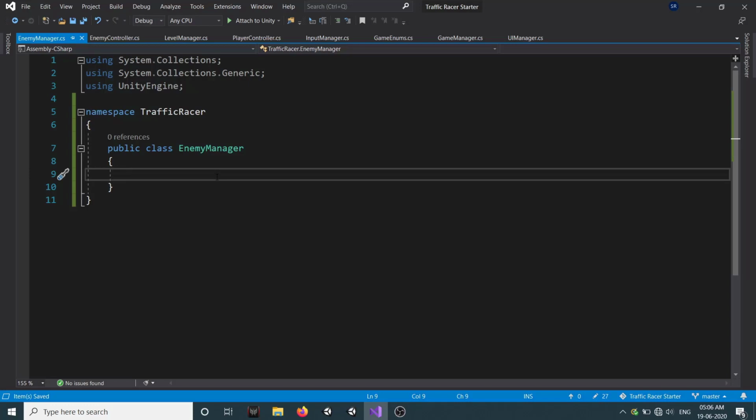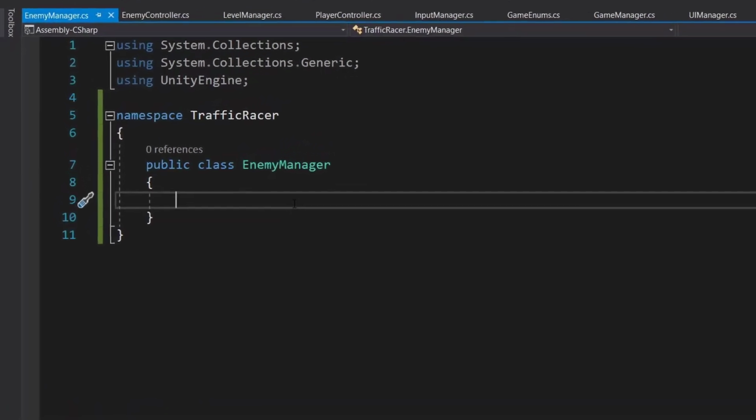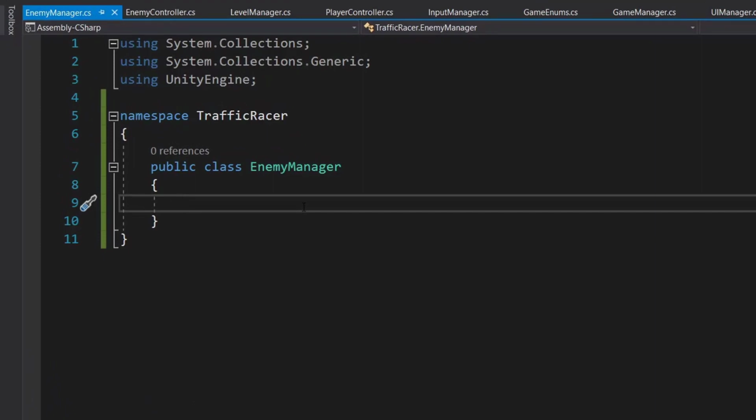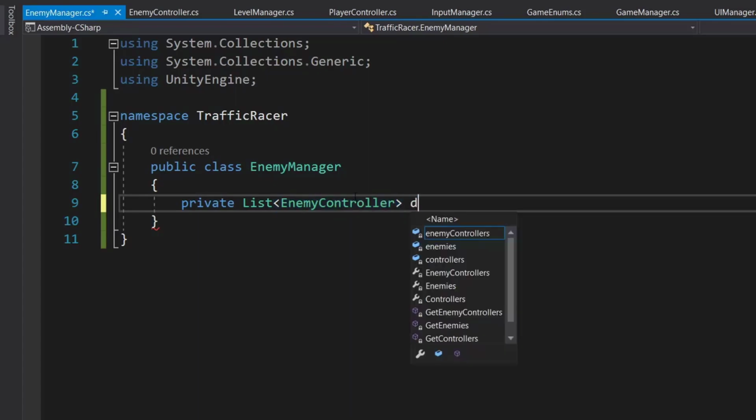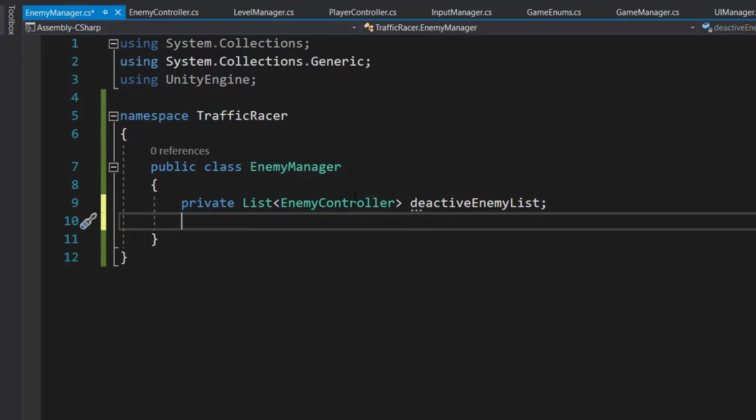So we will need a list to store some of our deactivated enemies. First we will create a private list of EnemyController, and we will call it deactivateEnemyList. This list will hold all the deactive enemy controllers.